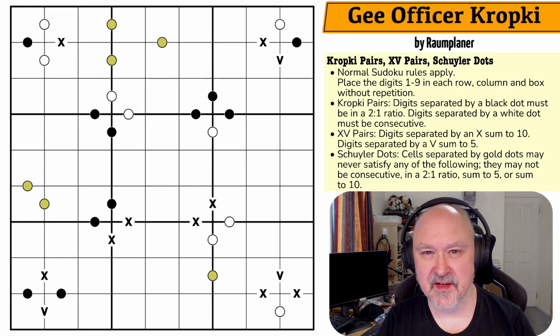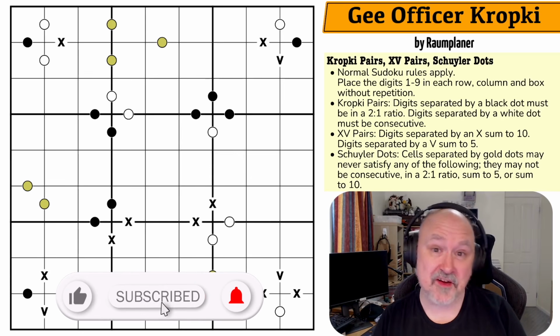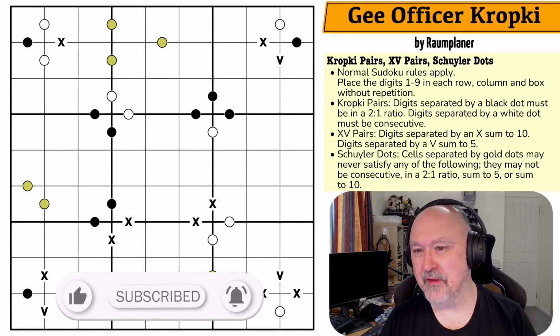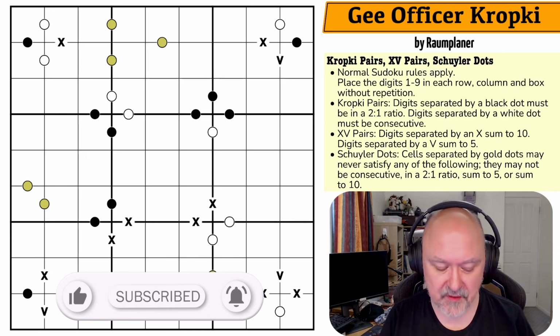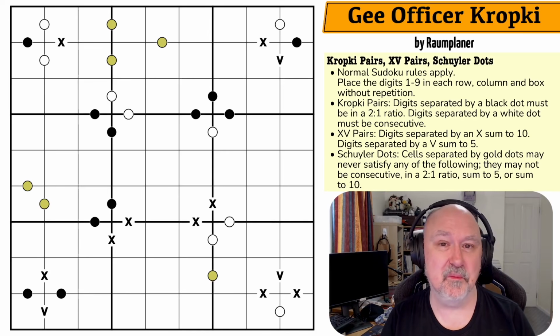Had in the world of variant Sudoku. Today I'm going to be doing that with a puzzle called Gee, Officer Kropki, and hopefully you'll get that reference. And this is a puzzle by Raumplaner, and this was created very recently in response to a comment that came out on